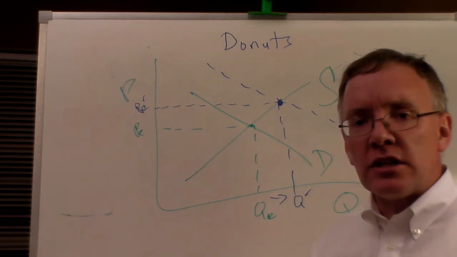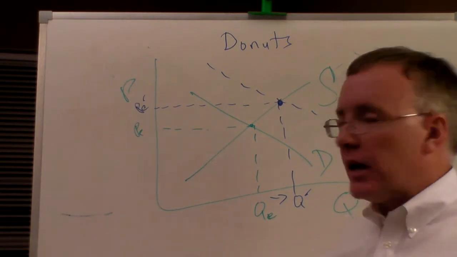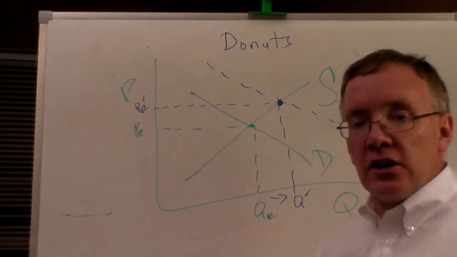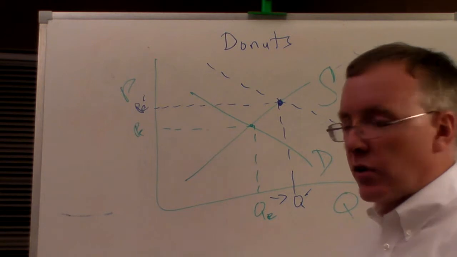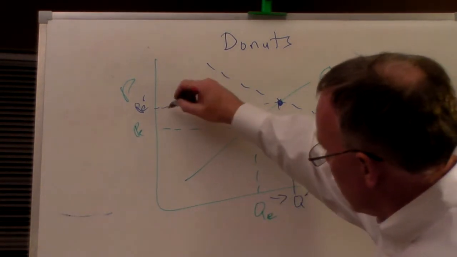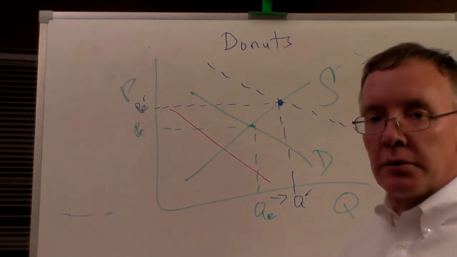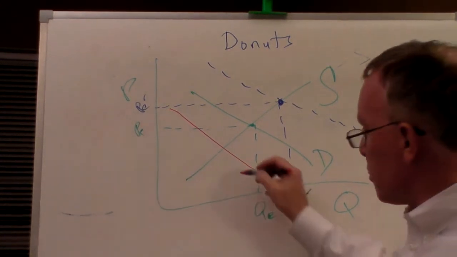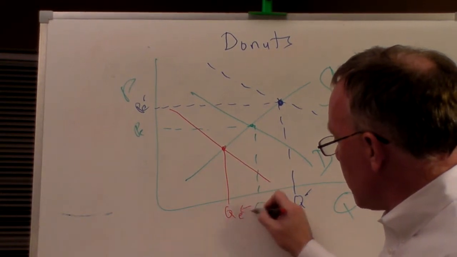But what if donuts had been an inferior good? Well, if donuts had been an inferior good, then the increase in income in our area would have led to a decrease in the demand for donuts. And so we would have seen the demand curve shift to the left, and we would again have gotten to a new equilibrium quantity and a new equilibrium price, but it would have been lower than before the change in